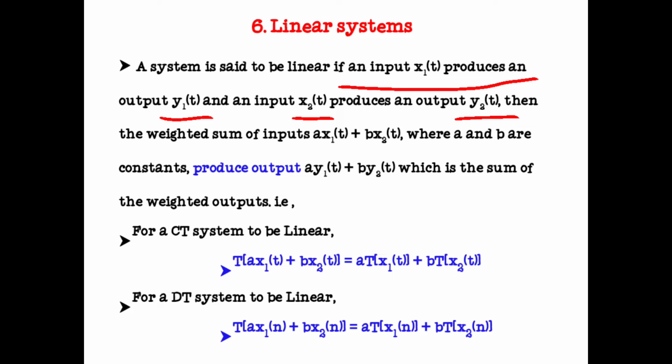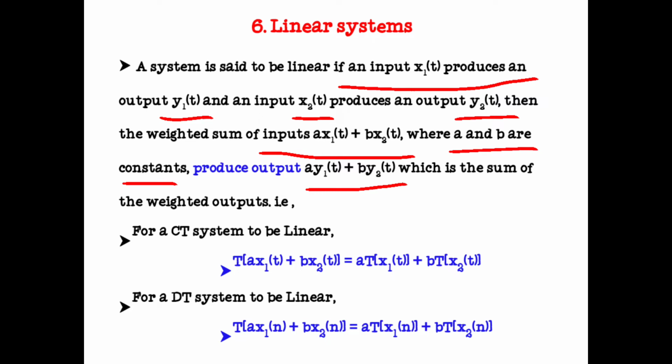So this x1 of t and x2 of t are said to be arbitrary inputs. What do you mean by arbitrary? Random. Whatever may be the input, arbitrary input x1 of t and arbitrary input x2 of t produce outputs y1 of t and y2 of t. Then the weighted sum of inputs, a into x1 of t plus b into x2 of t, where a and b are constants, will produce output a into y1 of t plus b into y2 of t,